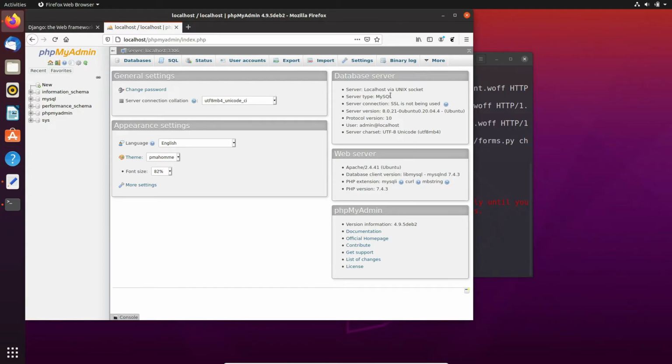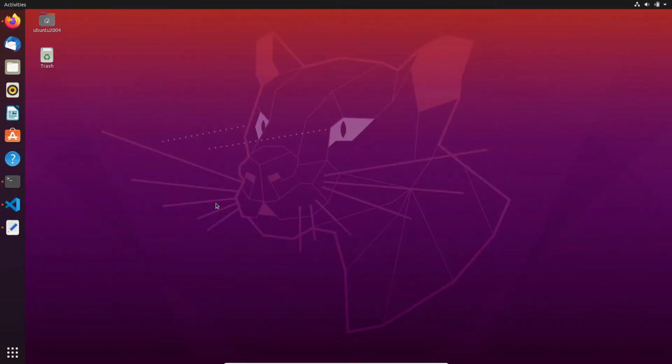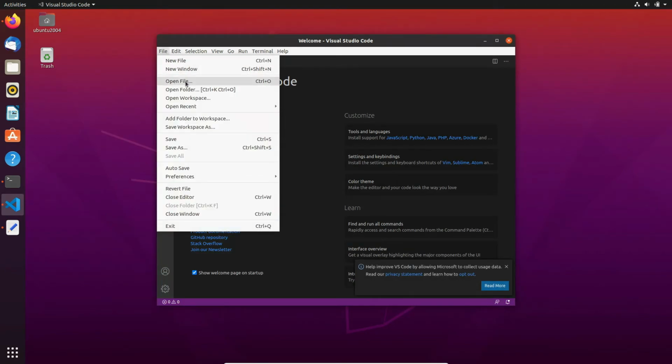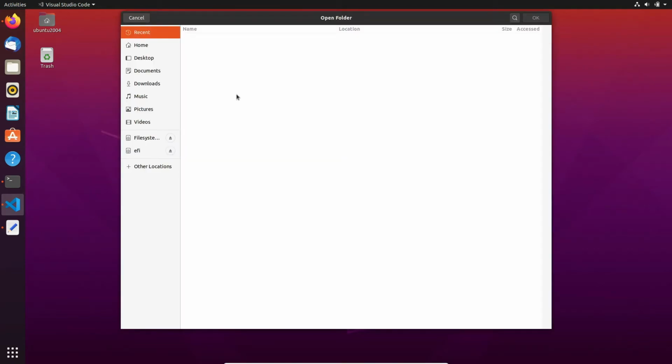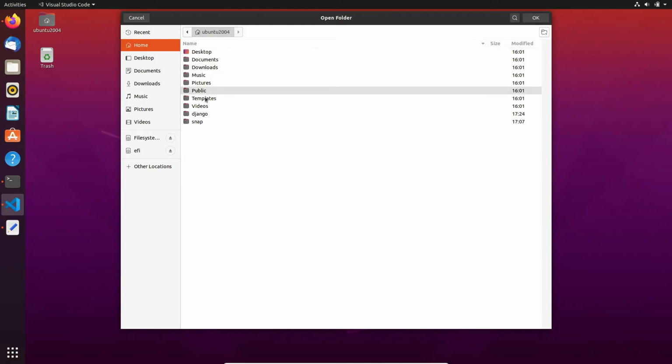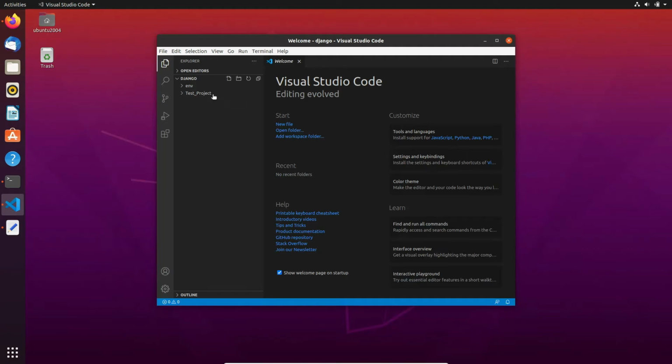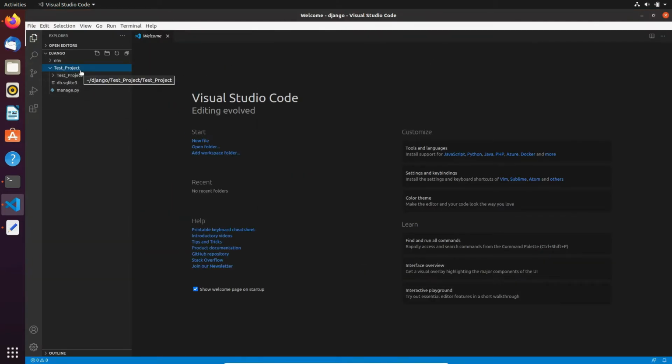So now let's configure the MySQL database for the Django application. Let's change SQLite database to MySQL. At first we need to open that project. Open the project, open folder, and I'll be opening the Django folder. And now here is our project.